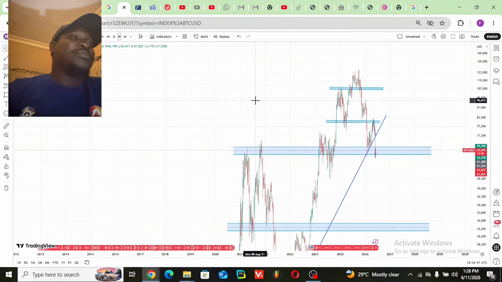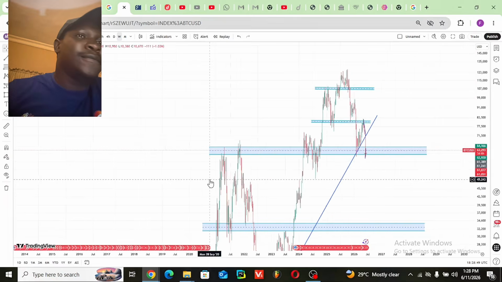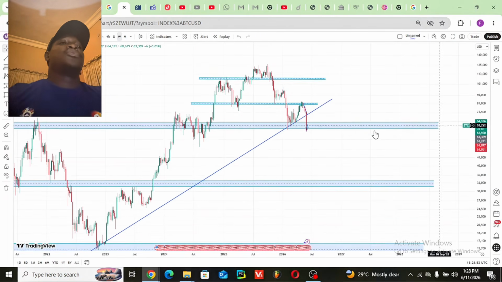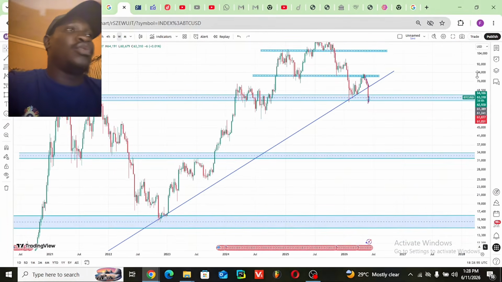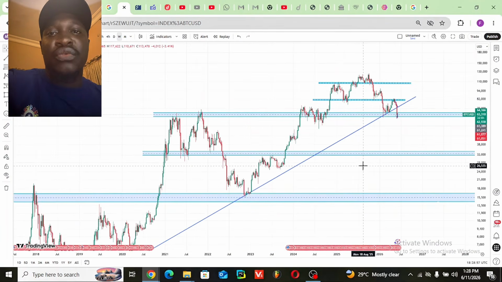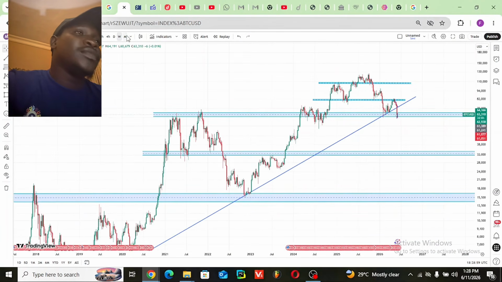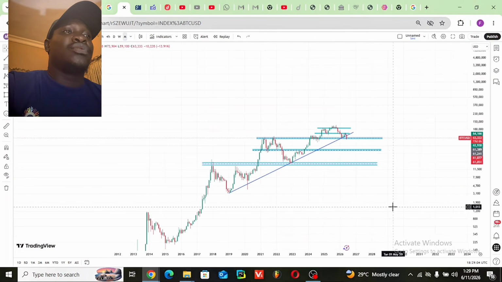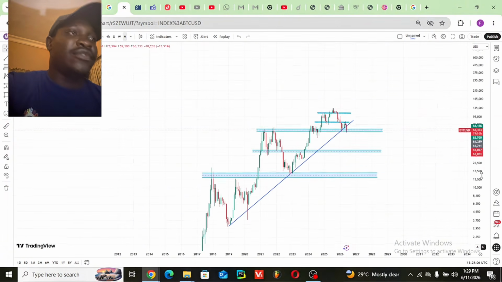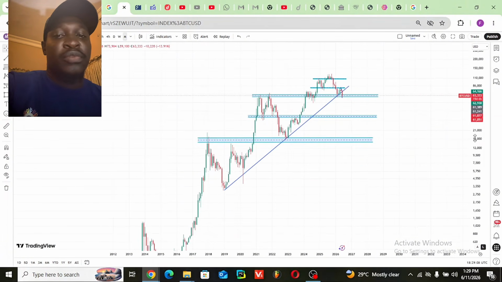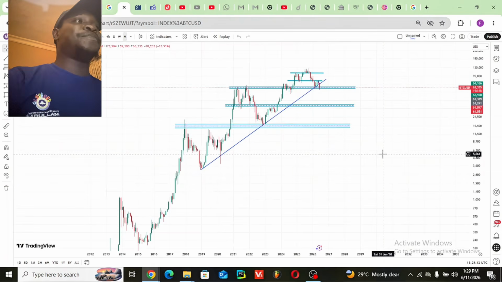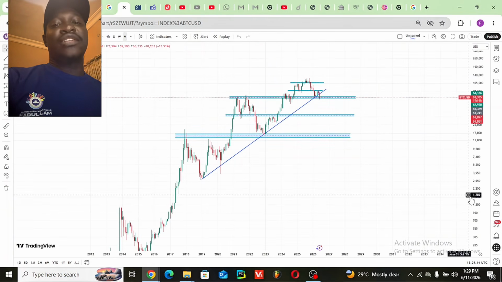So this is my BTC chart right here, and the first thing I want to speak about when it comes to doing your analysis is that you need to know your key levels. Key levels are places where price got to several times and rejected from. It could be your support and resistance, and when you have them on the bigger time frame, they tend to hold